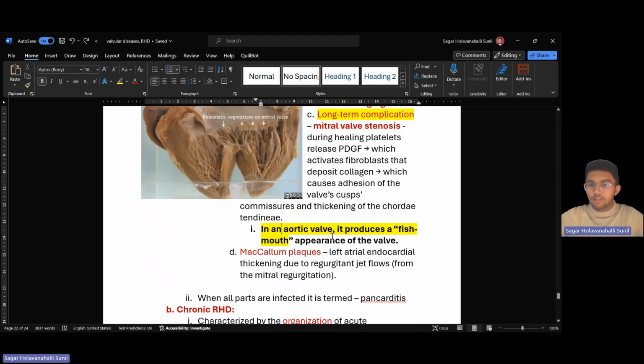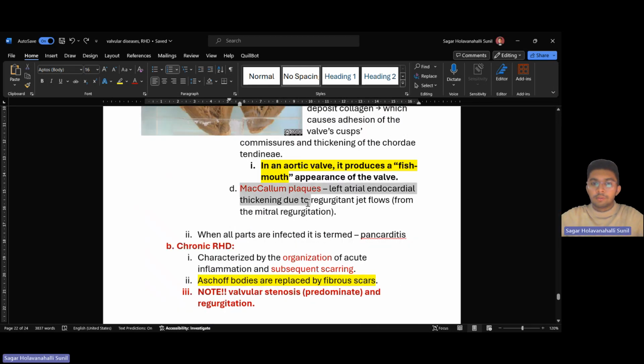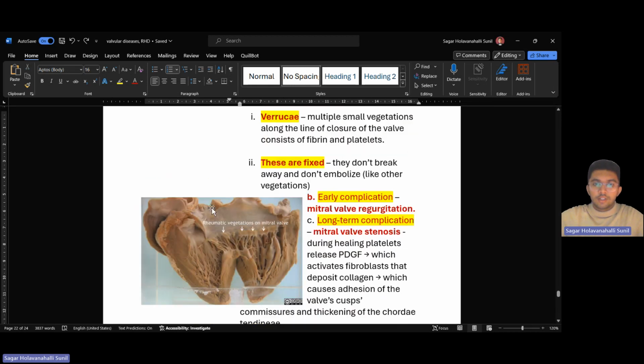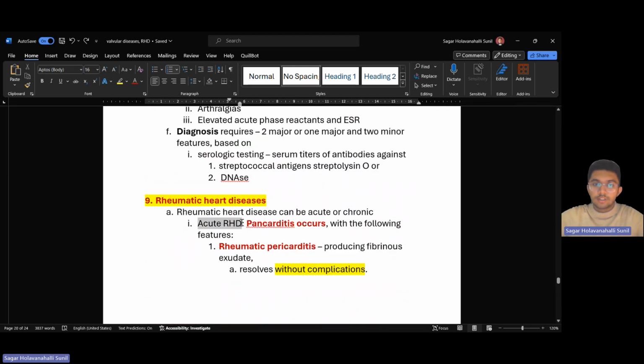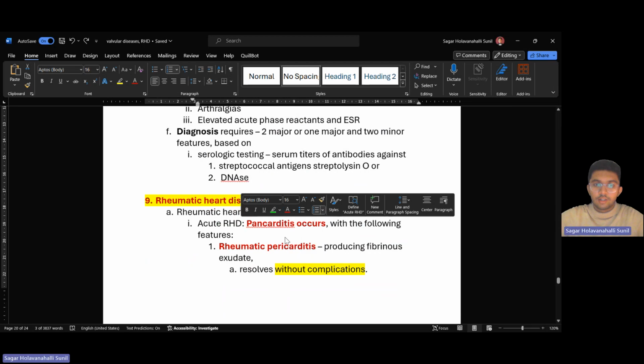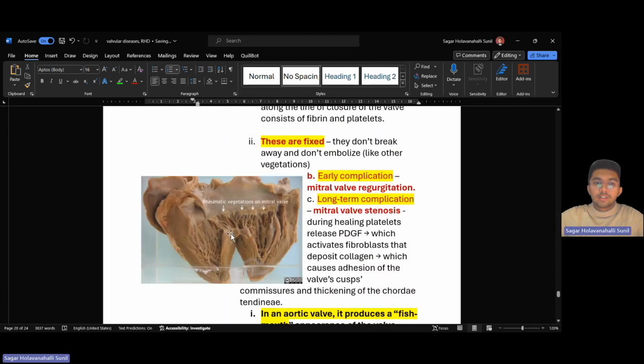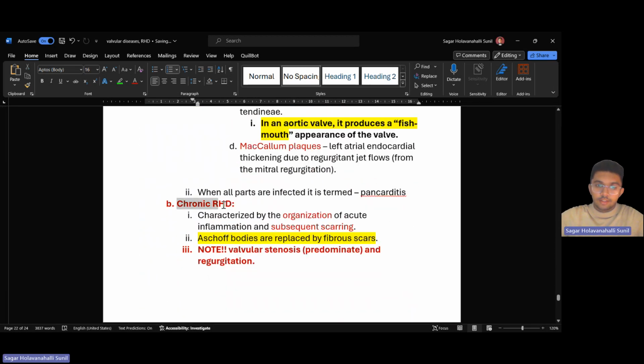They can also affect the aortic valve and produce a fish mouth-like appearance of the valve. Again, you can just remember this point as an extra. And all of these are predominantly in cases of acute rheumatic heart disease. I'll just highlight this, in the case of chronic rheumatic heart disease,